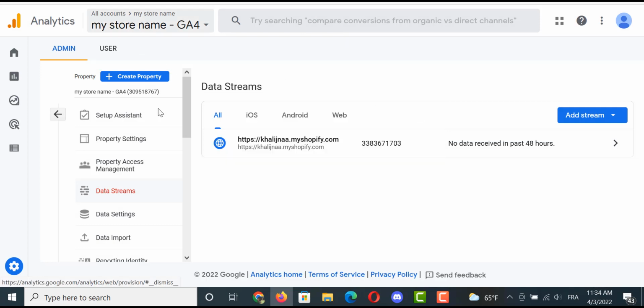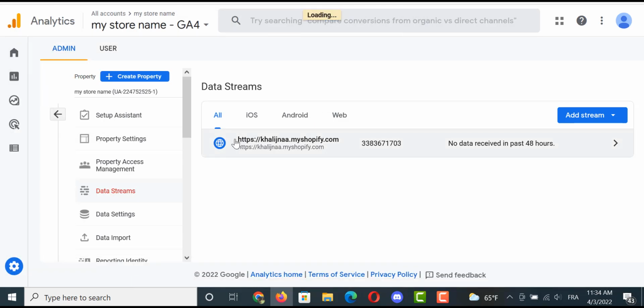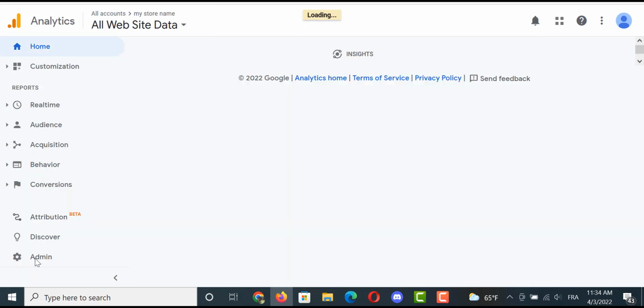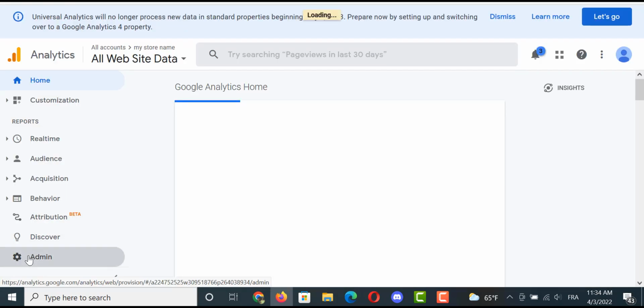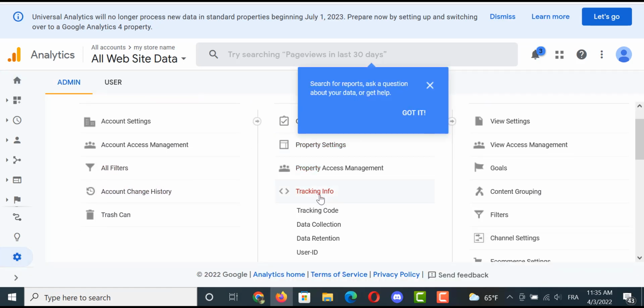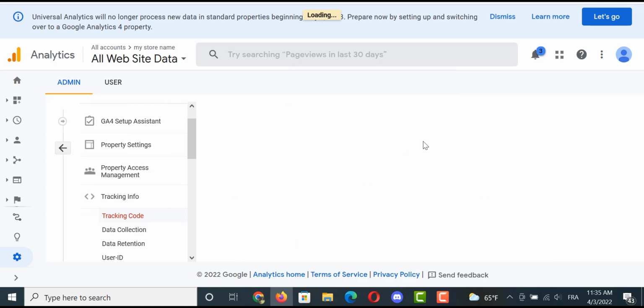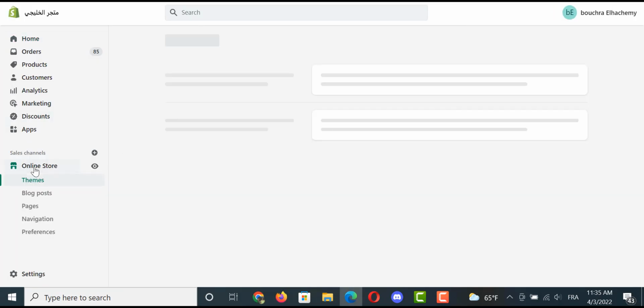Okay. And we need to get our code. So, just go to the first property, select all website data, go to admin, and tracking info, click on tracking code. Just copy this tracking ID, go back to your Shopify store, click on online store, go to preferences, and go